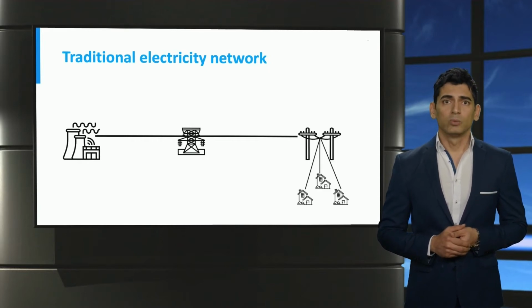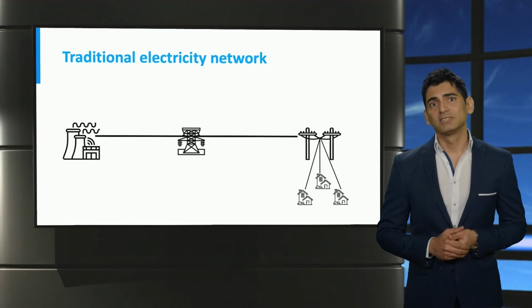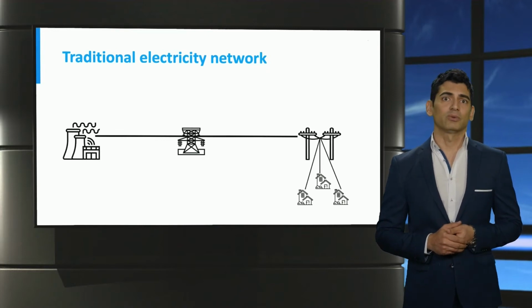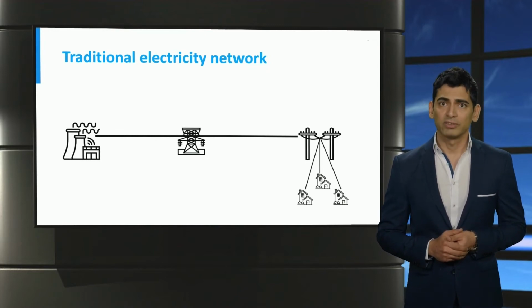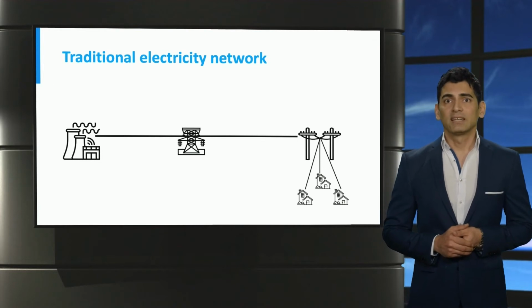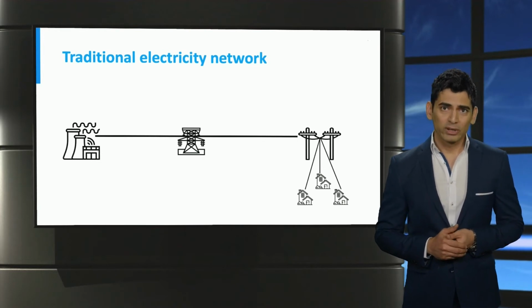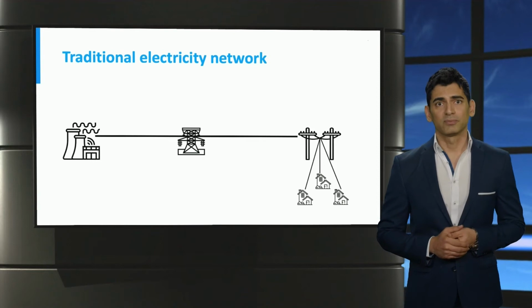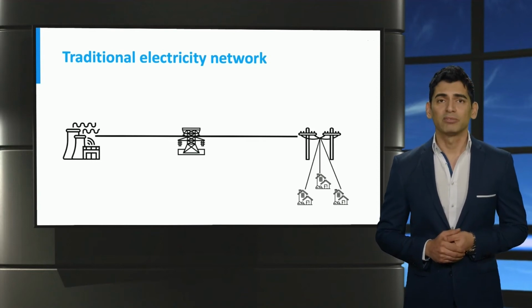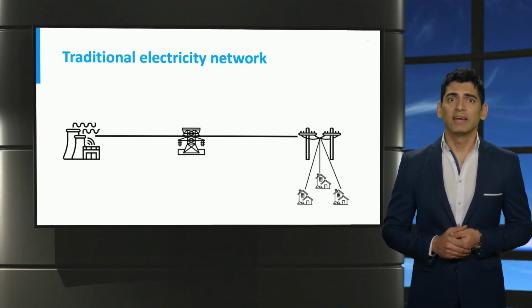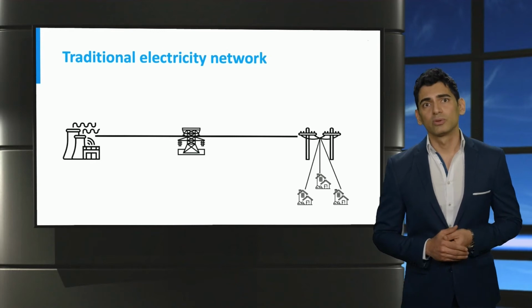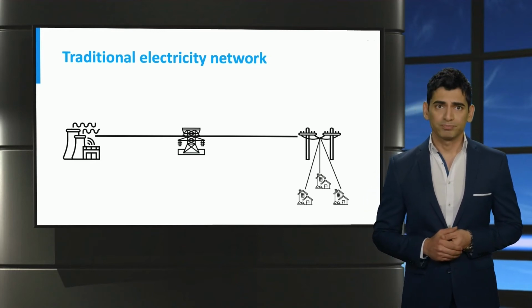Distribution network, which is in charge of last mile electricity delivery to the end consumers, or typically intra-city delivery. This network takes electricity from the transmission network and delivers it to the end consumers. This network can sometimes be recognized by smaller poles and thinner wires next to the roads and within the cities.